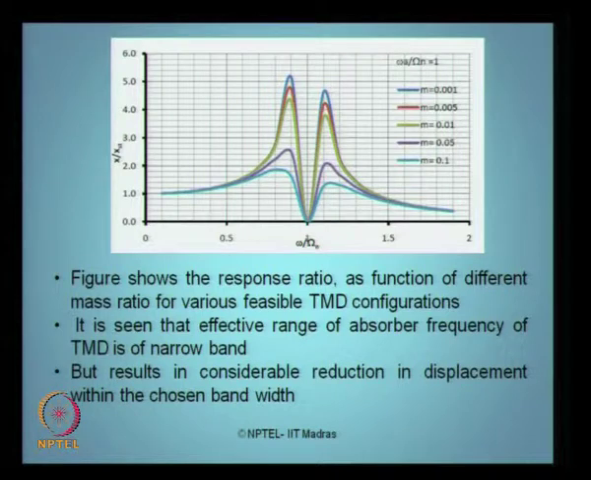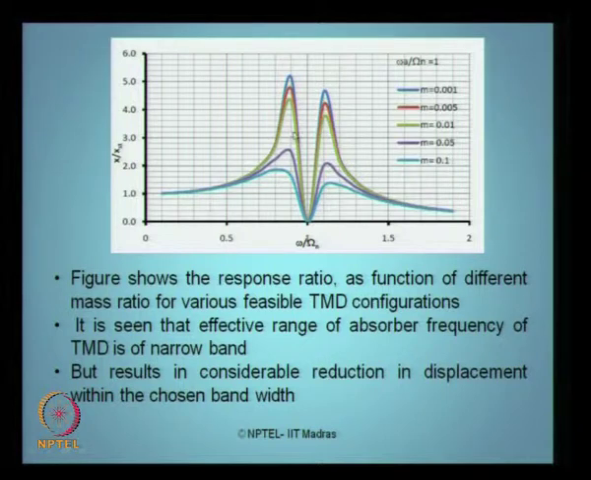So, the response we are controlling here, x1, is nothing but the displacement of the deck. Of course, it is a function of the tower rotation theta, as we all understand now, but still the response control here is x1 of t, which is the displacement of the deck for operational convenience of the platform. The figure shows the response ratio as a function of frequency ratio for different mu values. It is seen that the effective range of observed frequency of the TMD is a narrow band, because the width you have here